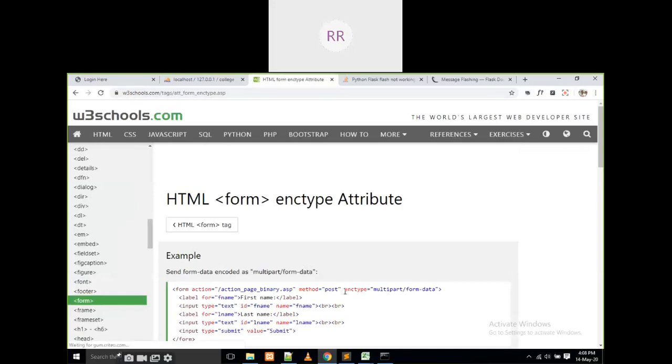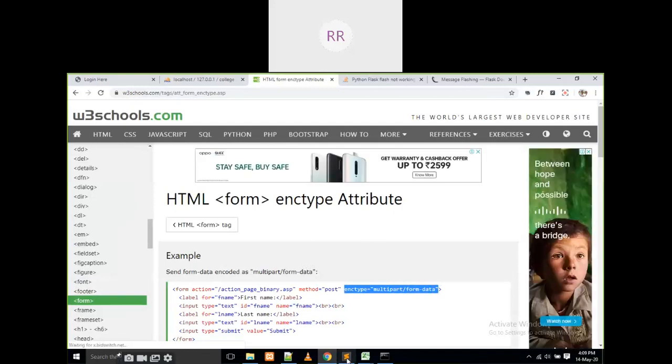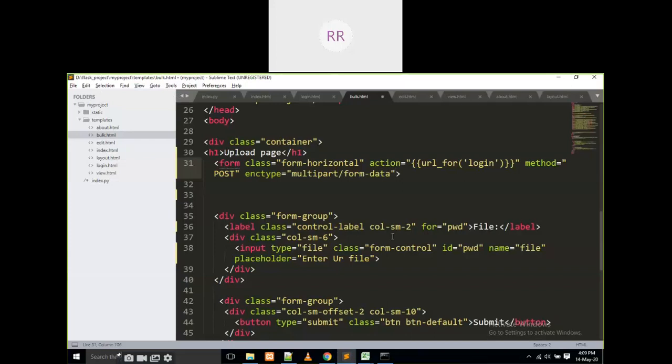Yes, this is the third attribute. When you are going to deal with files, we have to write one more attribute, that is enctype, equal to multipart/form-data. That means it is going to be handled with some file data.